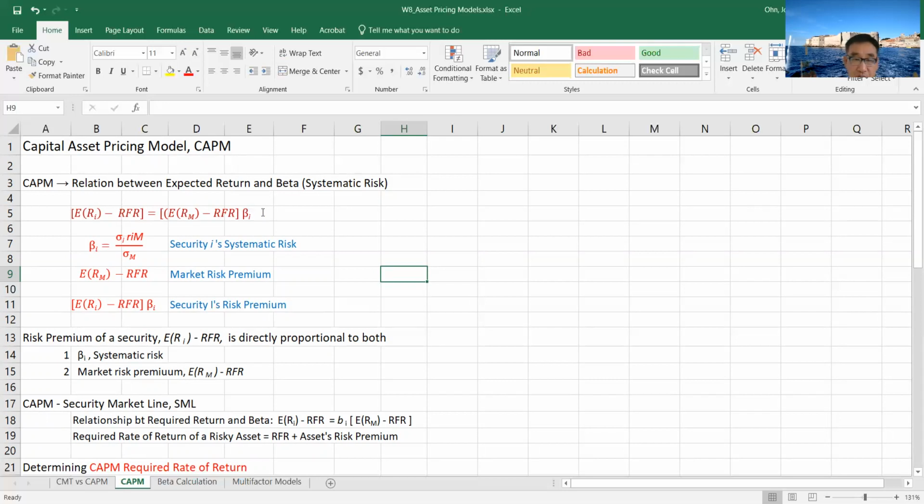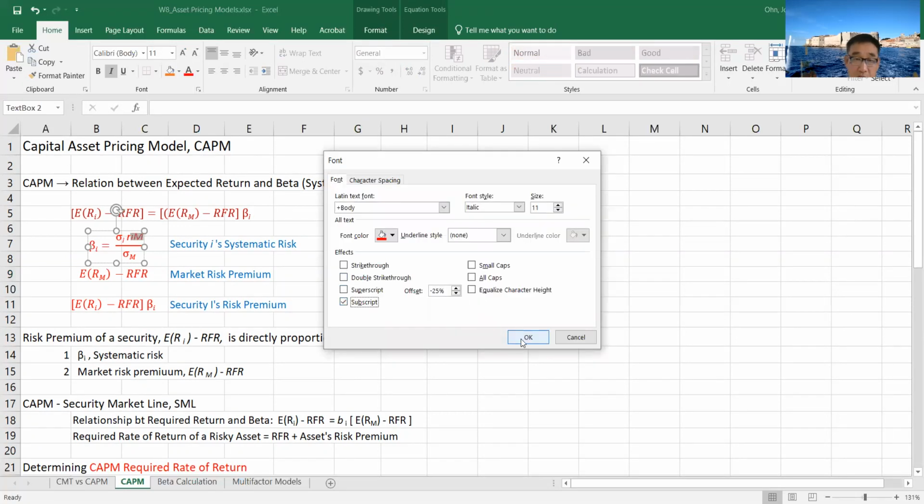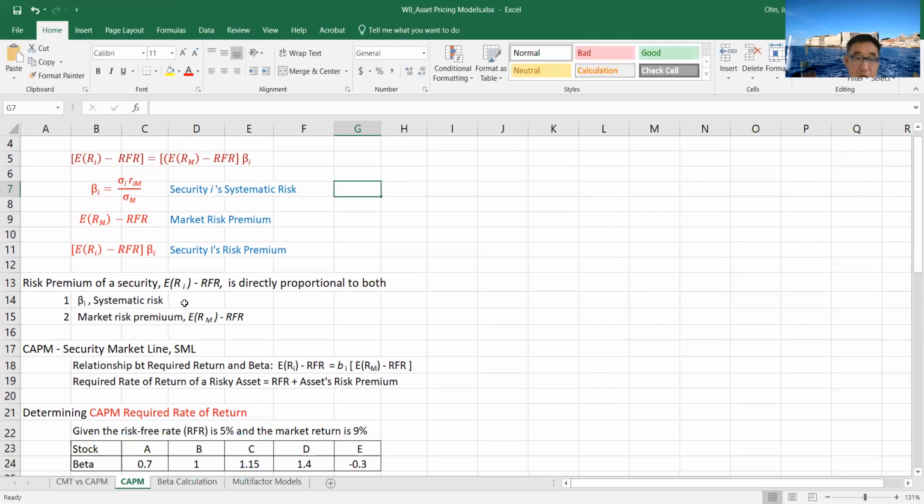Beta. So beta is this, sigma I, the total risk, times the correlation coefficient, divided by the market standard deviation. And this one, the RM minus RF, that's the market risk premium, and RI minus RF, that's the security, the stock's risk premium. All right, so the key point is the risk premium of a security, of a stock, this one